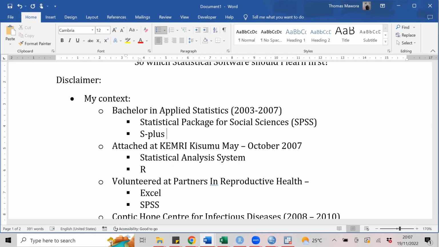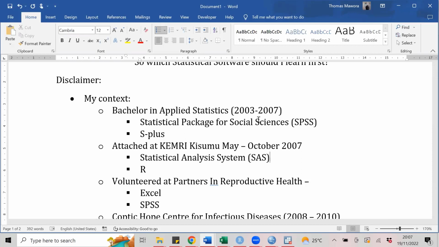And when I was there, we were dealing with health data, and at that time they were using a software called Statistical Analysis System, or SAS. So the moment we just joined there for attachment, we started learning SAS. And all of our work was writing codes that would help to clean data using SAS.